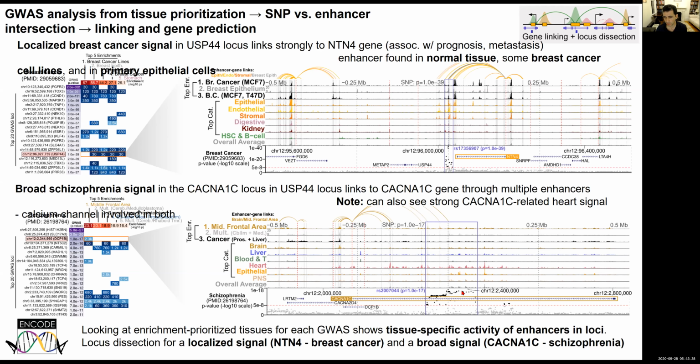In other cases, you see a diffuse set, but what's really interesting is these enhancers are also diffuse instead of highly concentrated as we see here. And these appear to be all linked to the same target gene. So this example is from breast cancer, showing this NTN4 gene. And then this example is from schizophrenia, showing this calcium channel signaling factor, which again makes a lot of sense